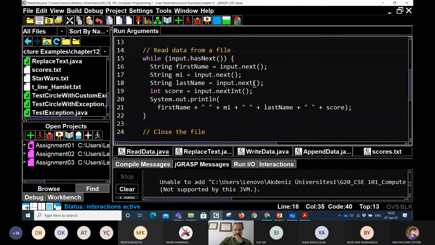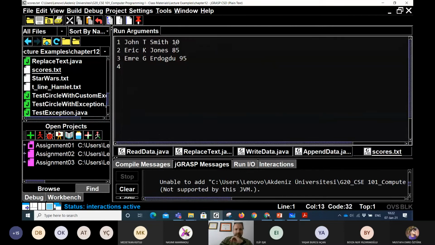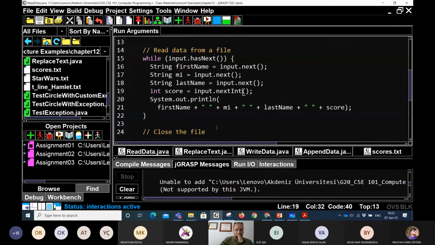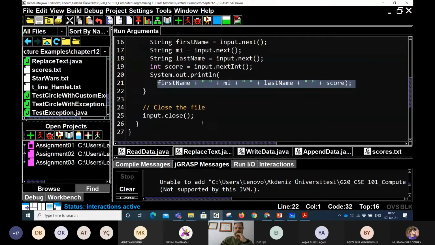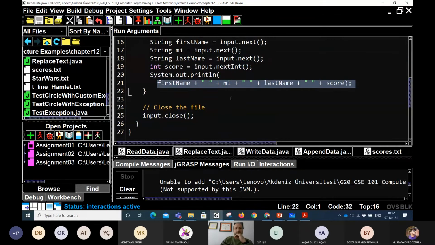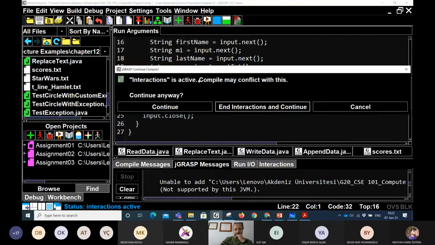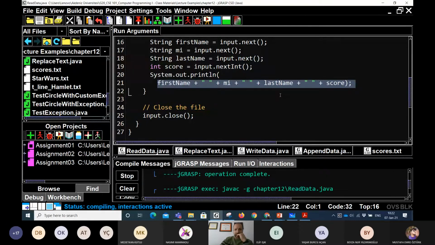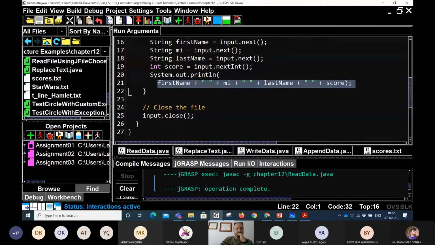Then, now this is different, right? nextInt. What we're saying is the next thing we should be expecting is an integer. So we should get the next thing that represents an integer. Then we can use the information that we just read in, print out that information, and then we close the scanner, close the input file, and we're done. So if we compile this, it should work with no problems. And if we run it,